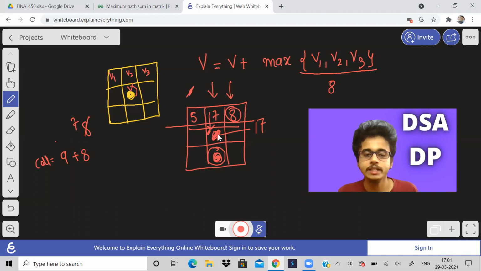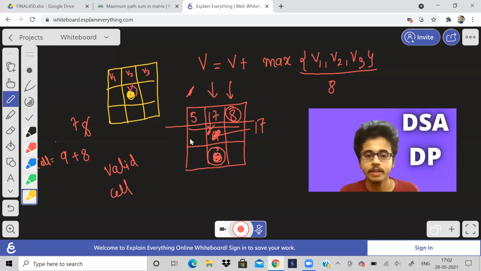So like this, for each and every cell, we have to do max. But one more thing to keep in mind is, we have to first of all check for a valid cell. What does it mean for a valid cell? For example, consider that we are checking for this cell. Now, if we are at this particular cell, can we come from this side?